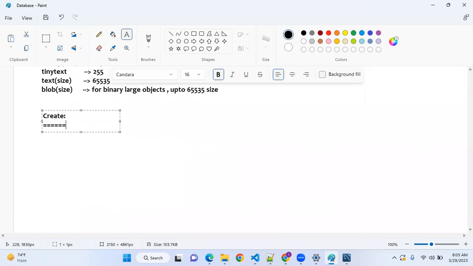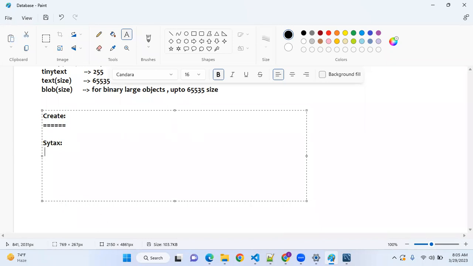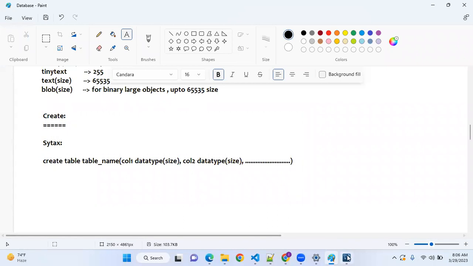The syntax to create a table is: create table, table name, and inside brackets, column name, space, data type of size. This is for one column. Column 2, space, data type of size. This is another column. So comma separated, it keeps on going with as many columns as you want. This is the syntax, a very easy syntax.